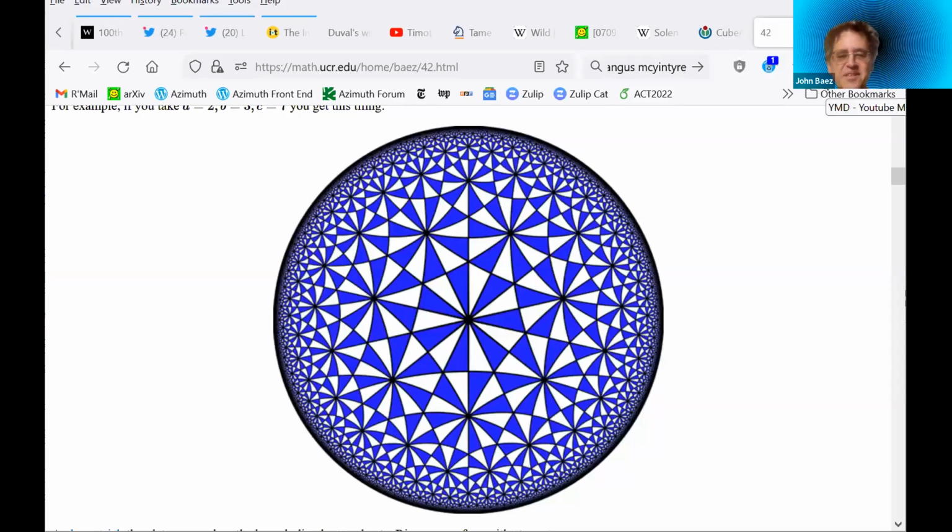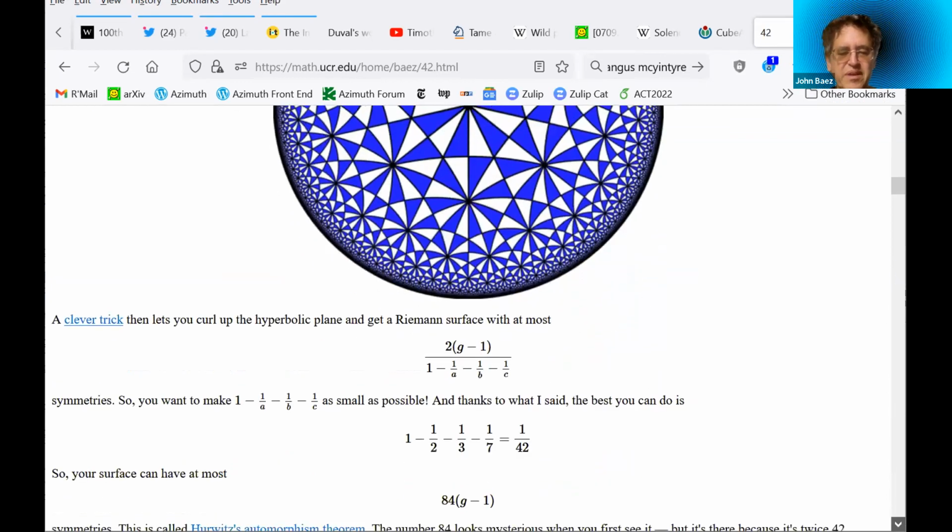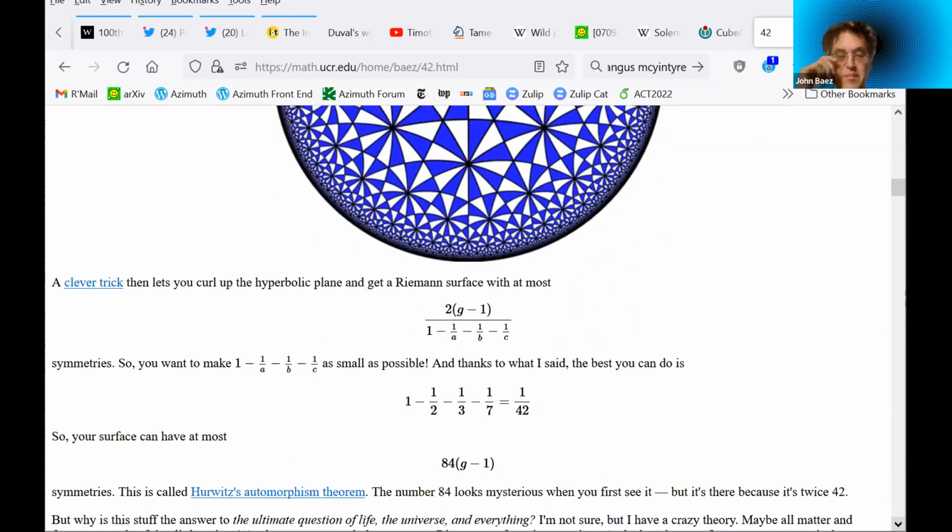So yeah, this is connected to the Klein quartic. This is the 3-7 Coxeter diagram, so heptagons meeting three at a vertex. And so it's interesting for all sorts of reasons. But one reason it's interesting is that I was once upon a time trying to understand this famous Hurwitz automorphism